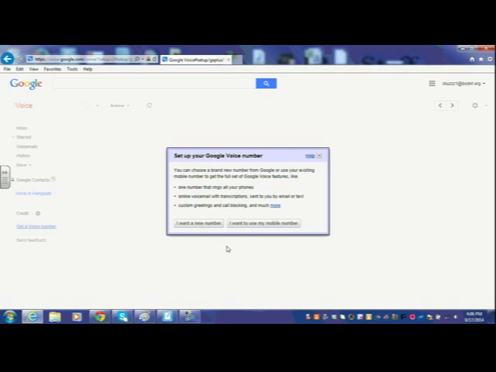This is the key here. One of the things we're trying to do is get away from that area where you're sharing your personal cell phone number with families, giving them complete control of when they contact you. And so this is about getting a free number from them. So you want to get a new number from Google,